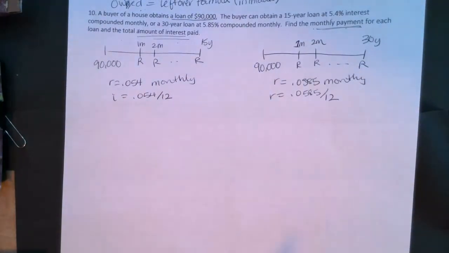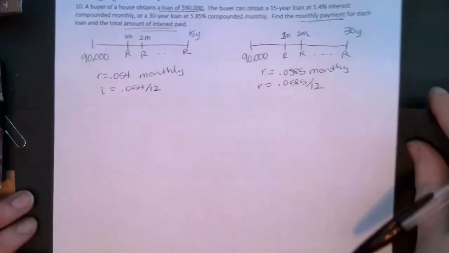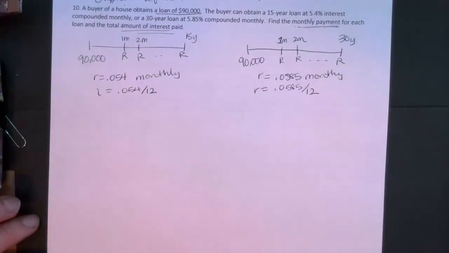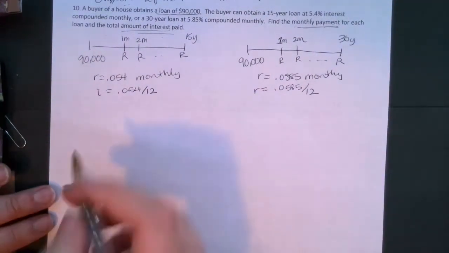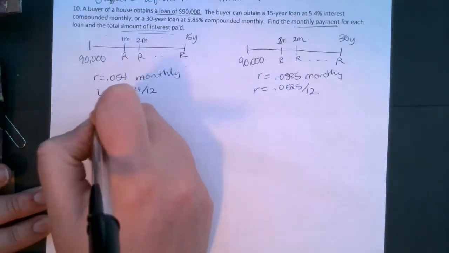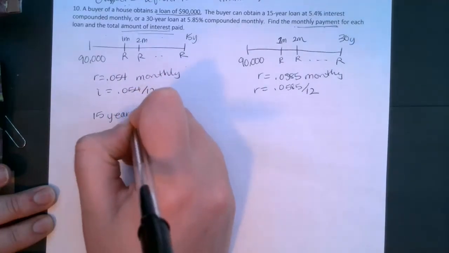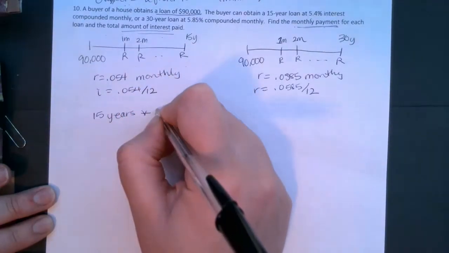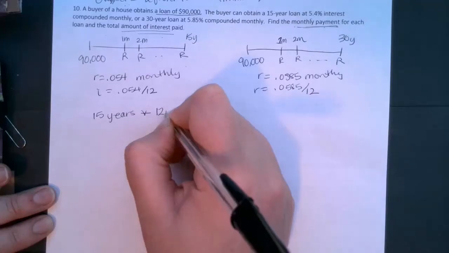Okay. So let's look at the first one. Let's look at the 15-year mortgage first. So when we look at the 15-year mortgage, we're gonna have to figure out how many payments are made. Okay, so if we're doing 15 years times 12 payments a year,